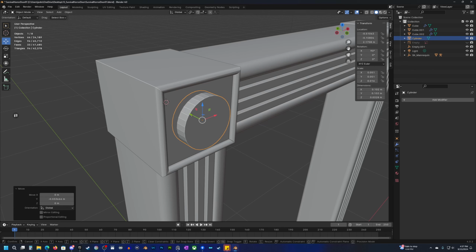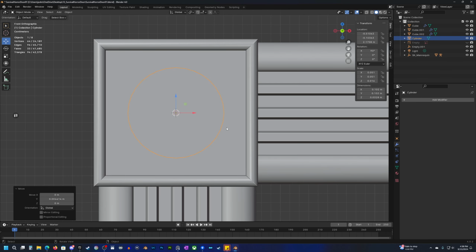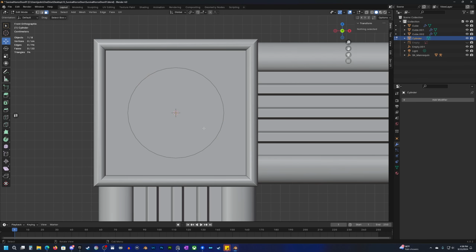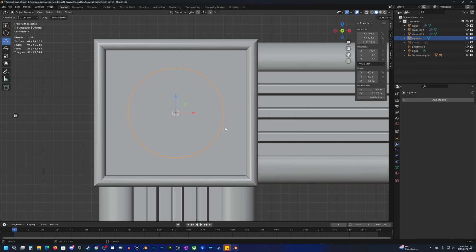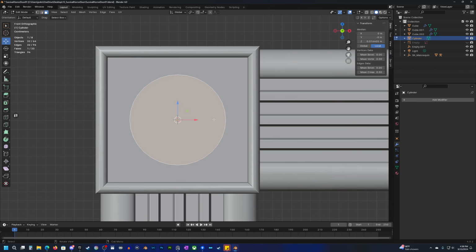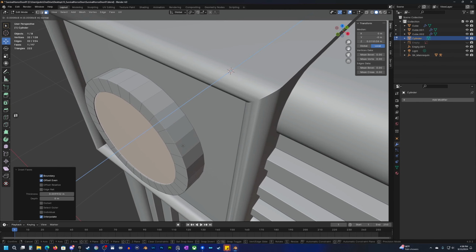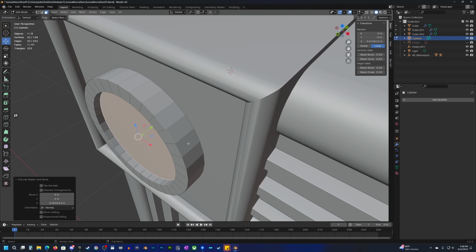Go with something kind of like this. Now, this is kind of the same thing on the edges here. So what I'm going to try, we may have to redo this a couple of times, but let's just see. So first of all, let's scale, and let's go face select, inset, and let's go to about there. And then I'm going to extrude this inward,